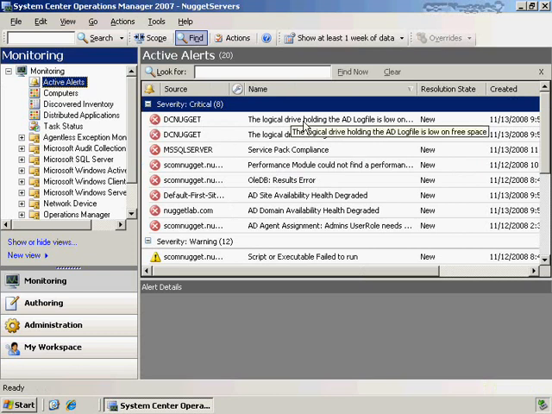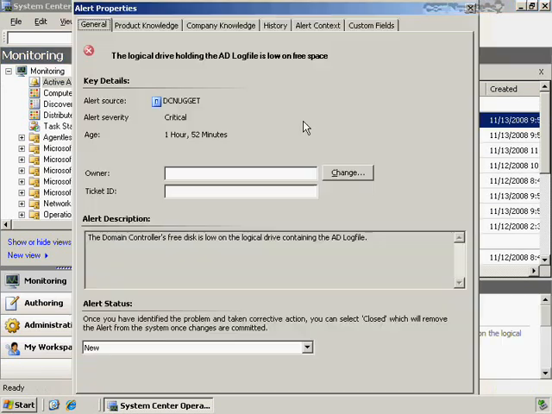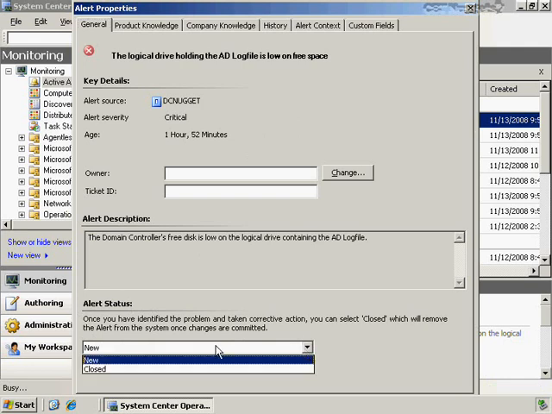So you remember back in the last nugget we showed how this critical error here is talking about how the logical drive holding the AD log file is a little low on disk space. Now, because that alert is brand new and we haven't done anything, you'll see here that the alert status is set to new. If you remember back to before, we actually had a number of different alert statuses that we could create, really unlimited alert statuses that we create based on what sorts of alert types that we had in